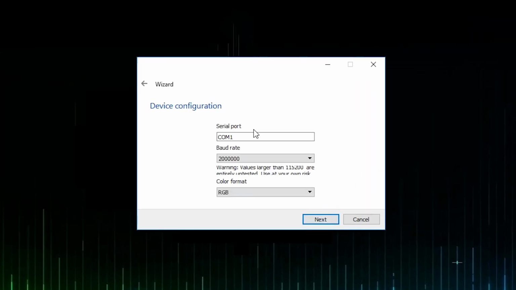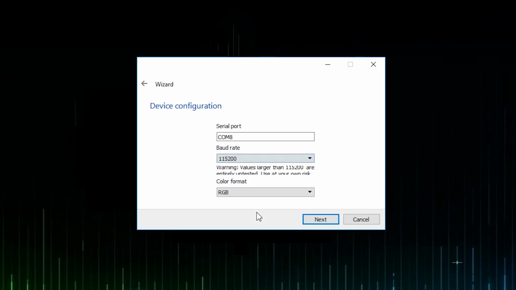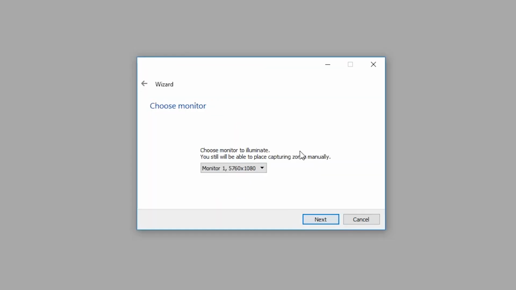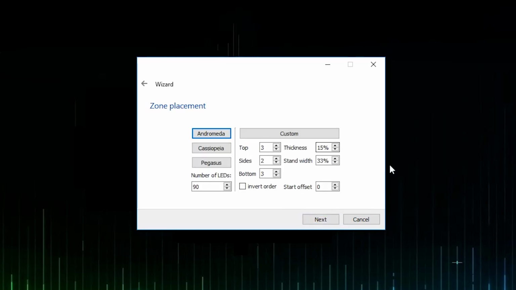So in the first window, you hit next. And then in this one you configure which serial port you are on, and for the baud rate you just select this one and then hit next. Next thing you want to do is choose the monitor you want. If you have one, you just hit next, change the profile name, and now it's time for the fun part,